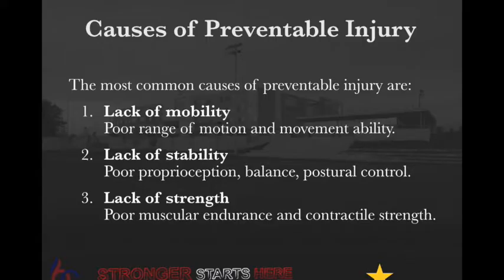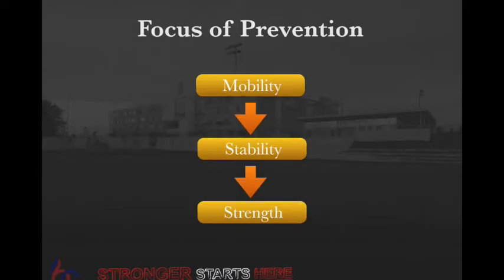But going back to that poor muscular endurance, I see that so much with athletes who injure one area of their body simply because their body's just not strong enough to handle the abuse that they're putting it through. And this is a direct result of hundreds and hundreds of hours of sport-specific practice and little to no hours of strength training and basically doing the core work that's really required to keep that body and keep that foundation in good working condition. And if we look at it in a hierarchy, we really want to assess mobility and make sure it's there before we start looking at stability.